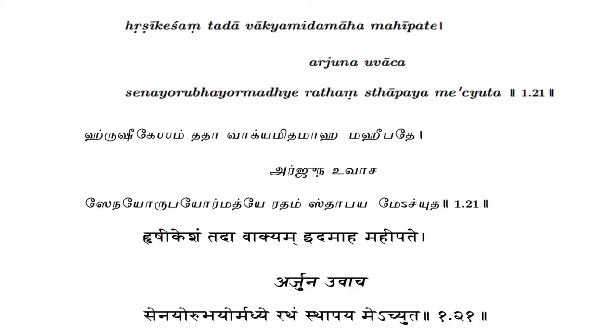Now where does Arjuna use this name Achyutha? It is in the same sloka which we saw earlier where Hrishikesha was used by Sanjaya. It is the very first chapter, the 21st sloka. Hrishikesham tadha vakyam idamaha mahipate, Arjuna uvacha, senayorubhayor madhye ratham sthapaya me achyuta. In this sloka,